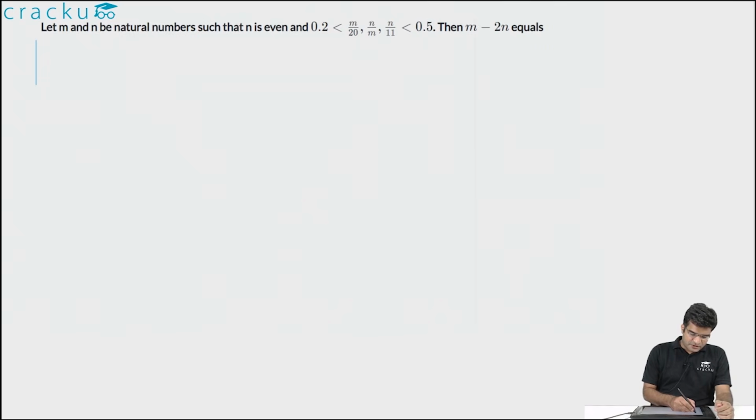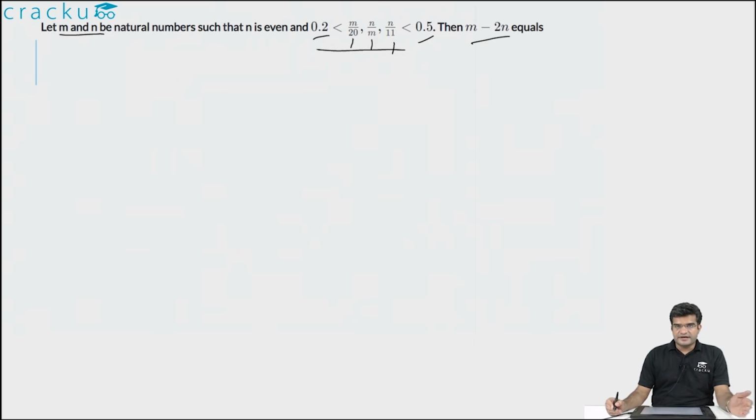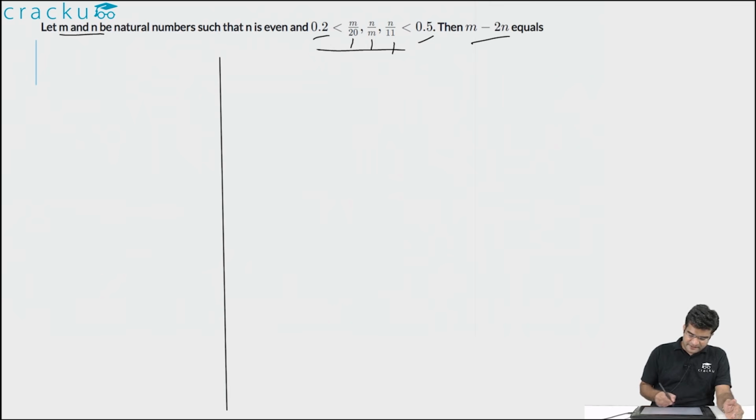In this question, we are told that m and n are natural numbers such that n is even, and we are given some inequalities. We are told that all the three expressions m by 20, n by m and n by 11 are greater than 0.2 and less than 0.5, and we are required to calculate the value of m minus 2n. So let us analyze each of the three inequalities and try to figure out the values of m and n. The first inequality says that m by 20